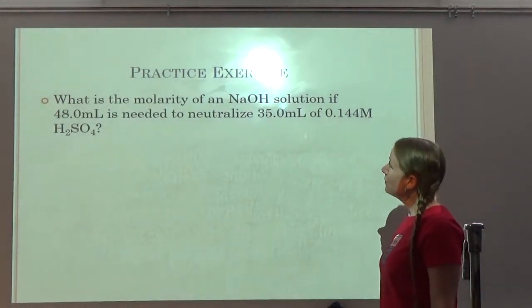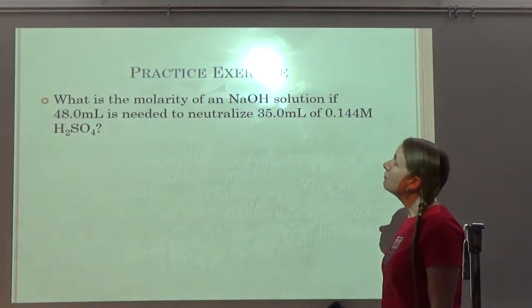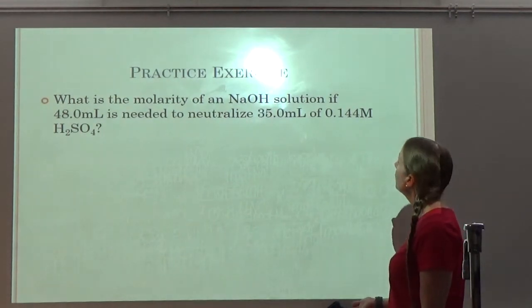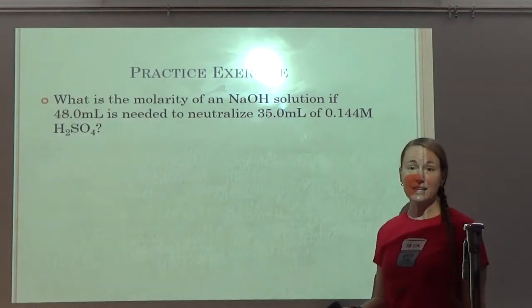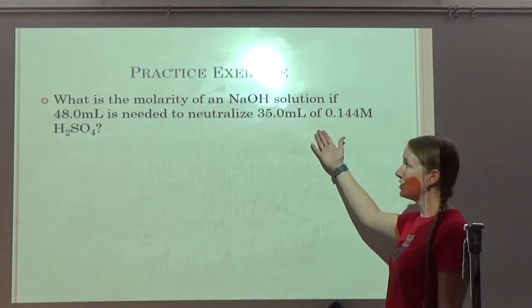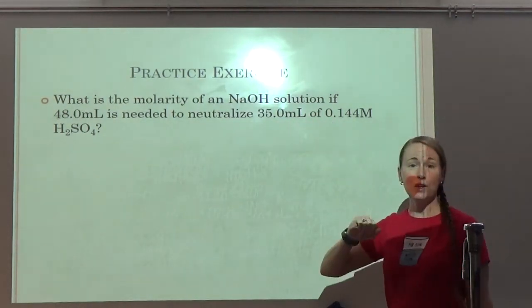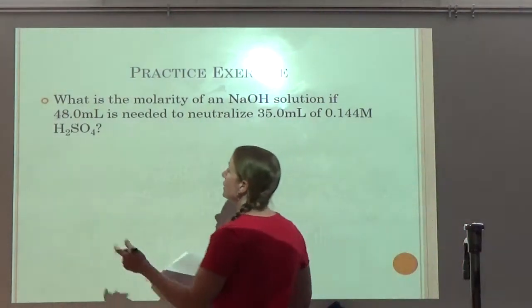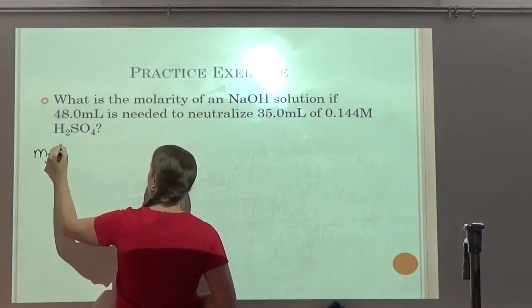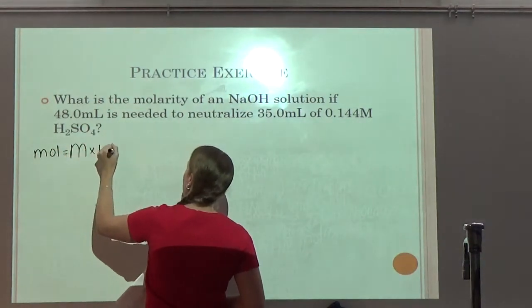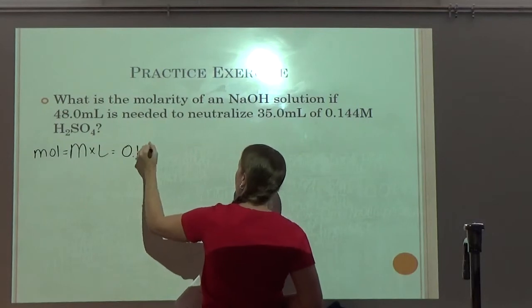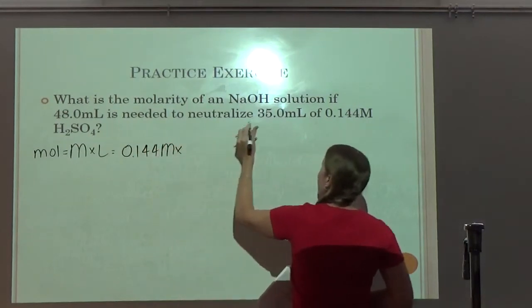It says, what is the molarity of sodium hydroxide solution if 48 milliliters is needed to neutralize 35 milliliters of 0.144 molar sulfuric acid? Okay, so we have the same neutralization happening, sodium hydroxide and sulfuric acid, so hopefully yours will be very similar to mine. So the first thing I need to do is start by figuring out how many moles of sulfuric acid I have by doing molarity times liters. So my molarity is 0.144. My liters is